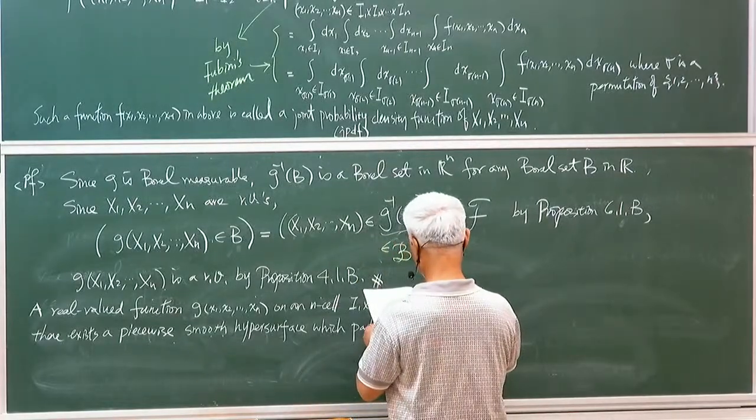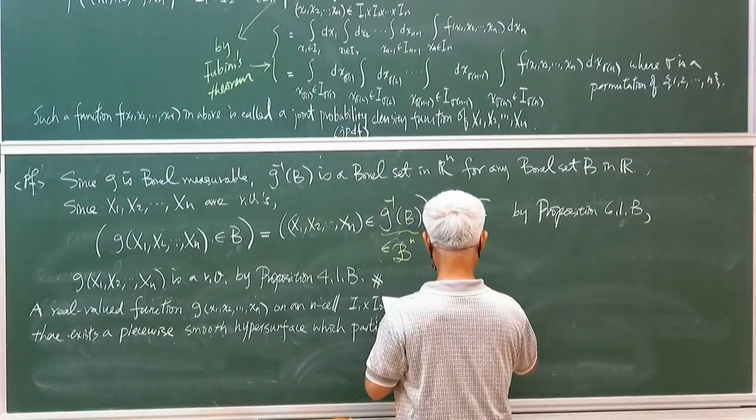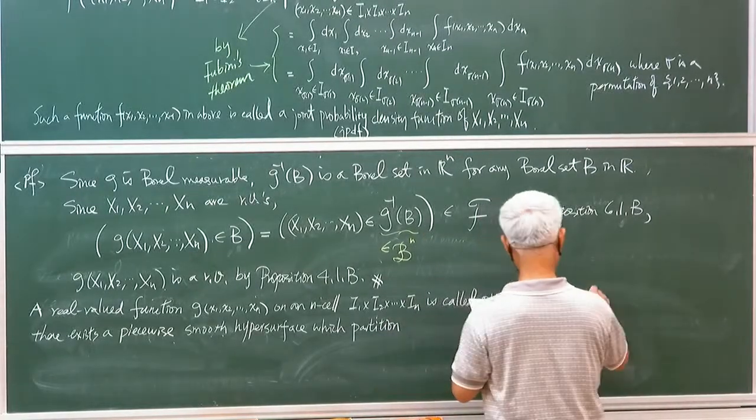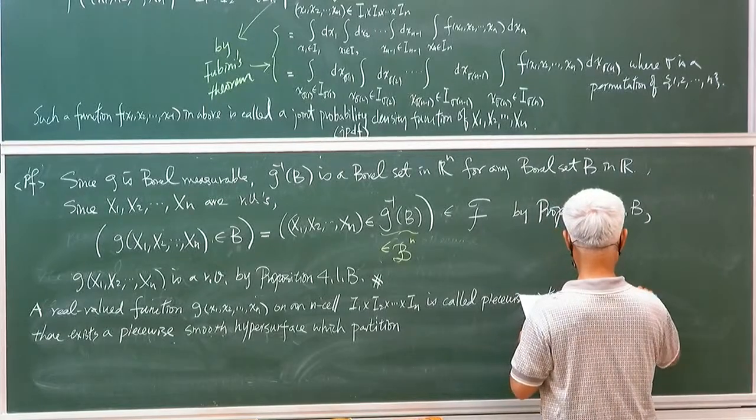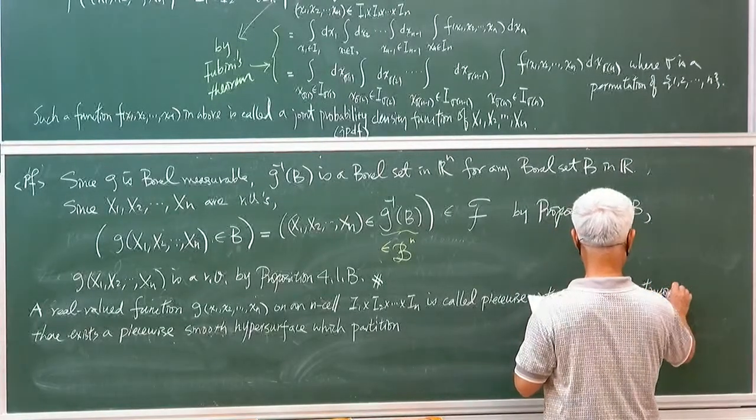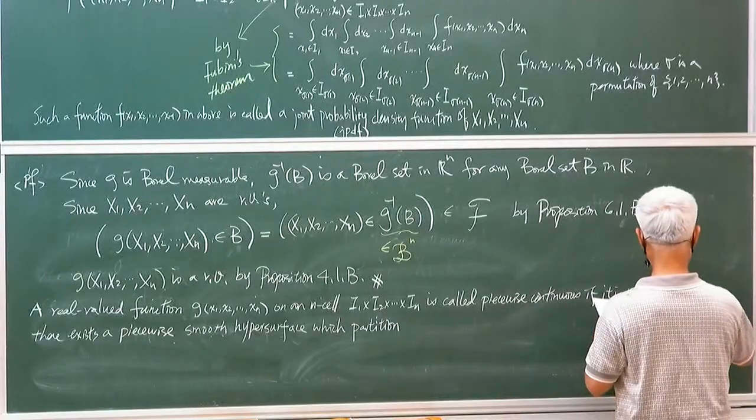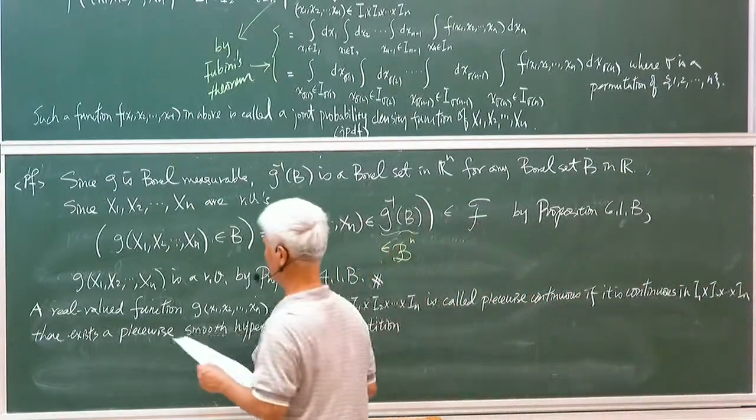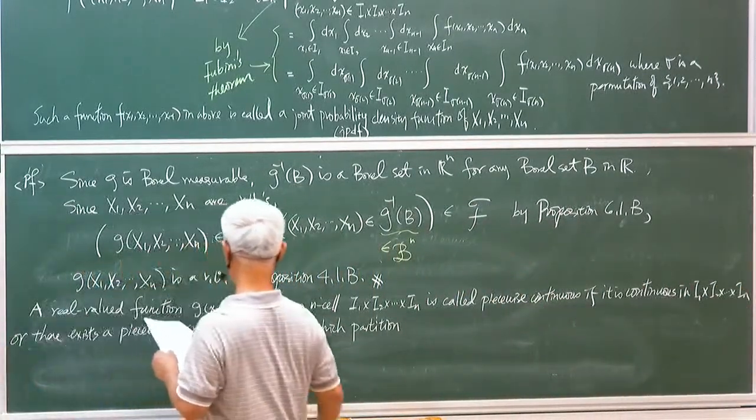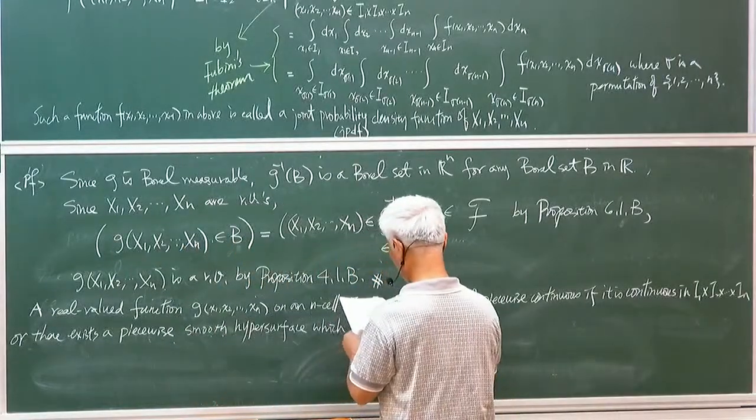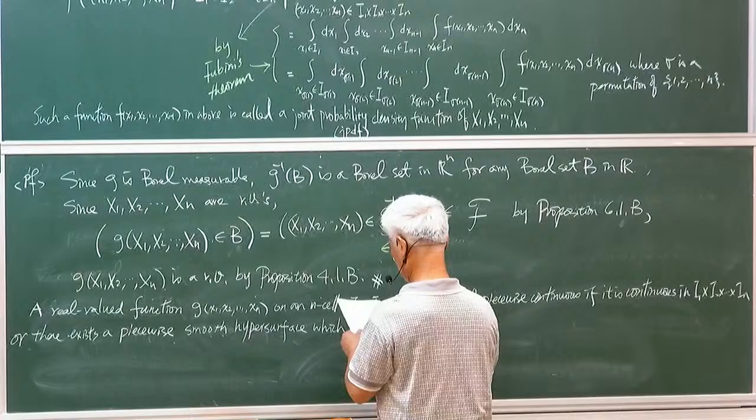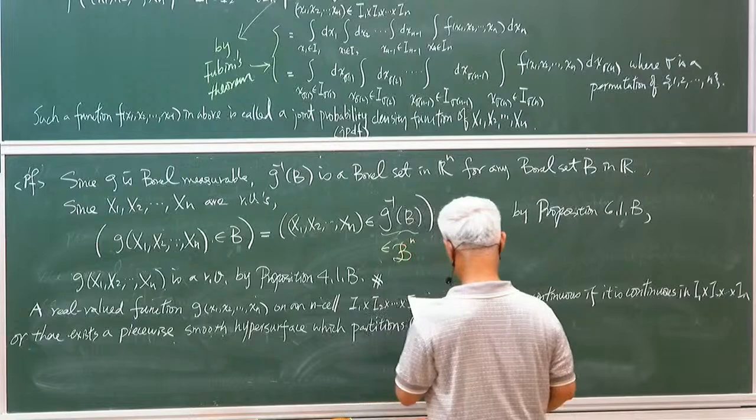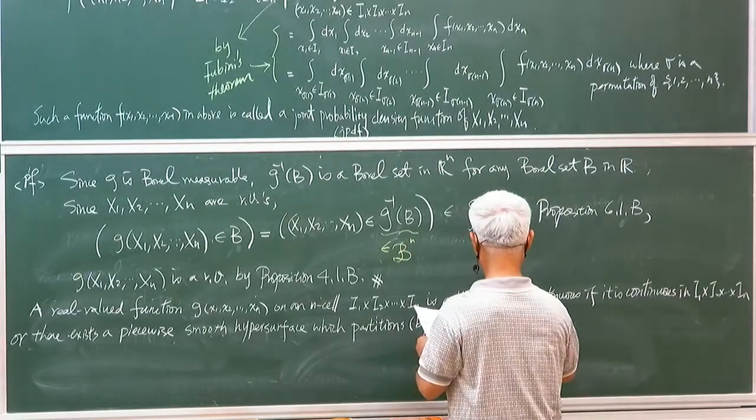Is called piecewise continuous if it is continuous in the N cell, or there exists a piecewise smooth hypersurface which partitions the N cell by removing the hypersurface